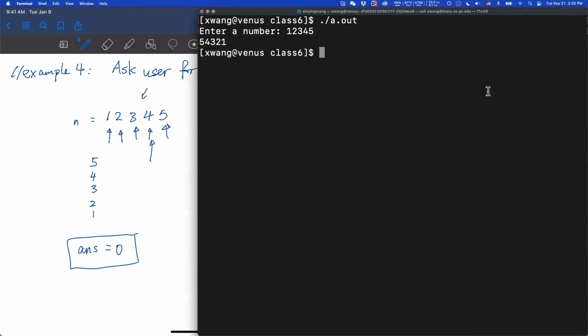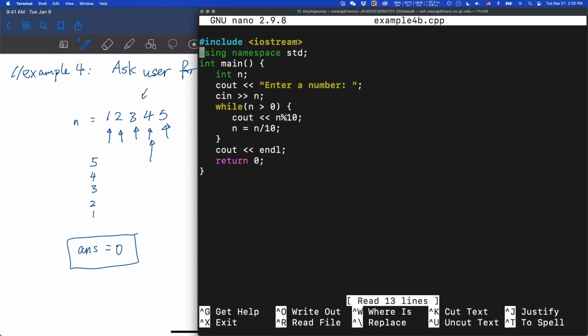So if you want me to modify that code, this is example 4. Then we will need to also declare, let's say, answer.